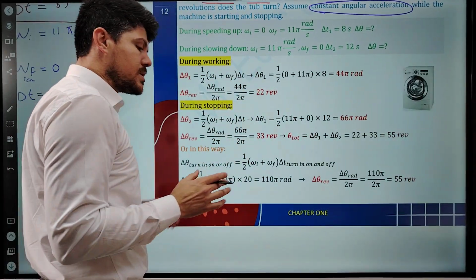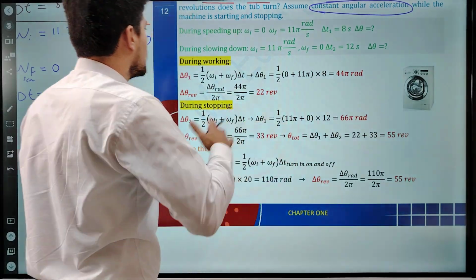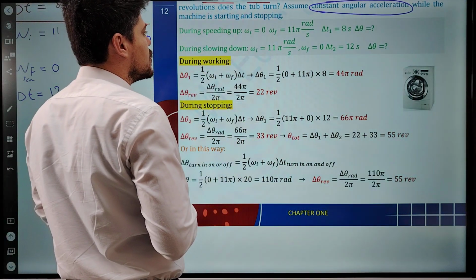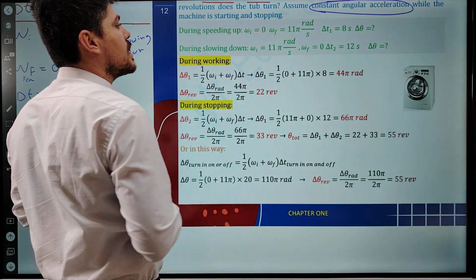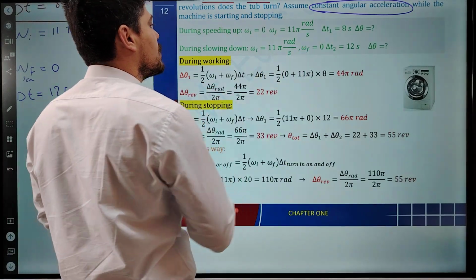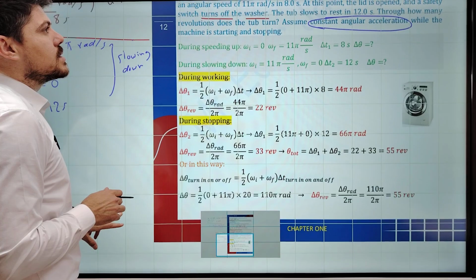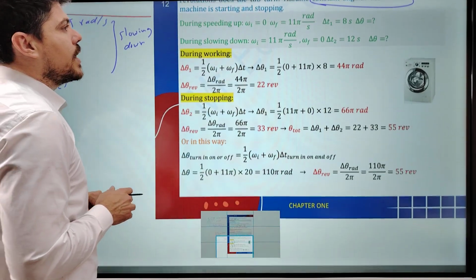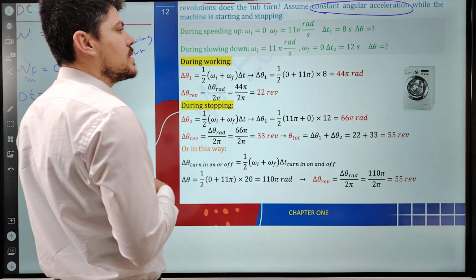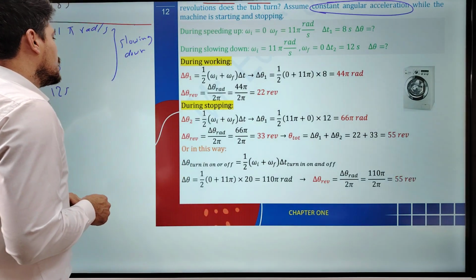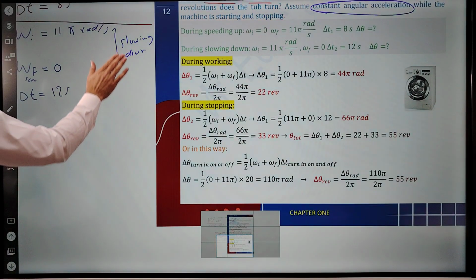During slowing down, because in this question we have two parts, slowing down and speeding up. In the second case, during the slowing down, omega initial is equal to 11 pi, the same as omega final in the first case, and omega final is 0 because the question says the top slows to rest. Delta t, t2, was given during slowing down, 12 seconds. Delta theta is unknown. So we have to solve this question like that. For the first case,